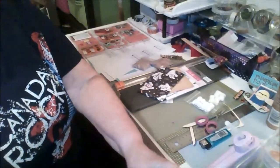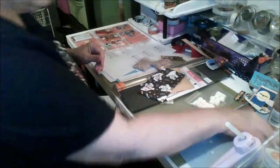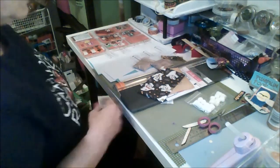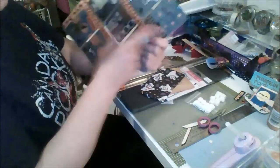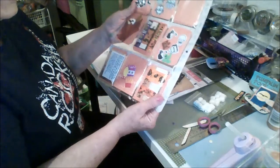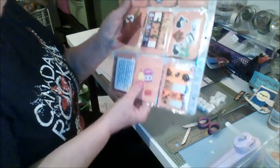And I'll show you some of the things that I create for my pocket letters. I thought it might give you a little bit of inspiration or food for thought. So it's basically a couple of things that I'm doing. I'm kind of doing a whole bunch of things here. But one of the things that I like to add to my Halloween pocket letters is some ribbon. I like to add some stickers that are not related,